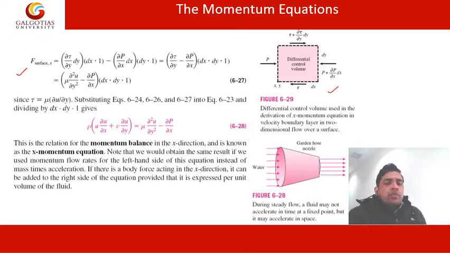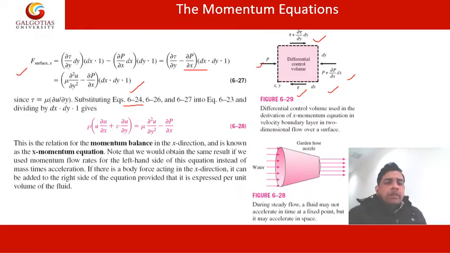So the total force on this surface, as you can see, is tau x plus del tau over del y into dy, and here it is tau, and this is p, so del p over del x. Now F on the surface is equal to this value, obtained by putting these values in the force equation. So tau equals mu del u over del y, substituting all the values in the equation